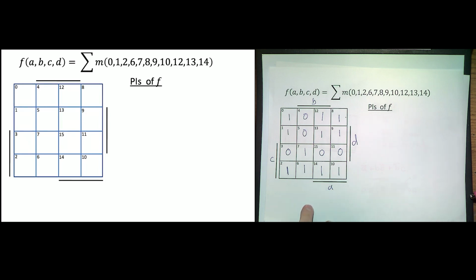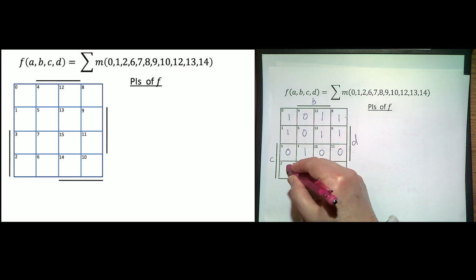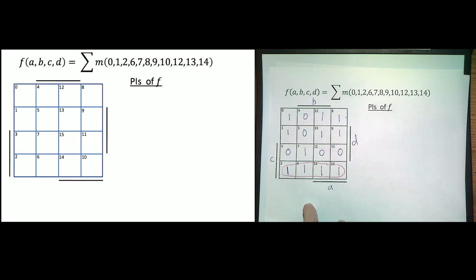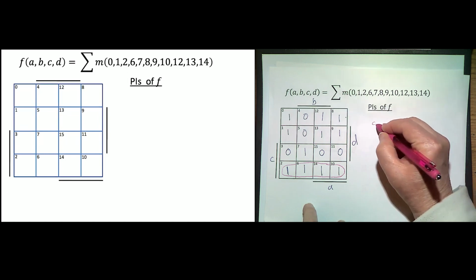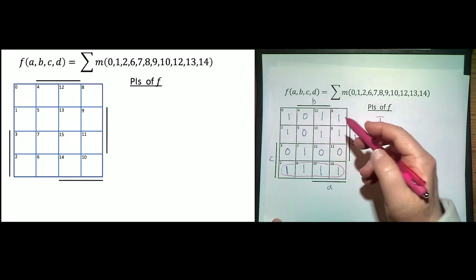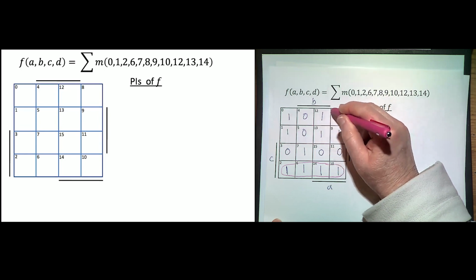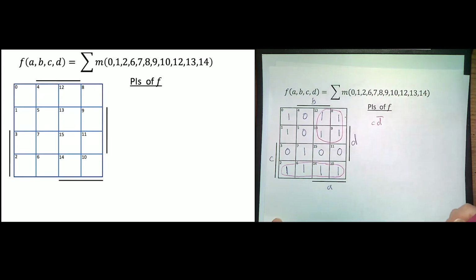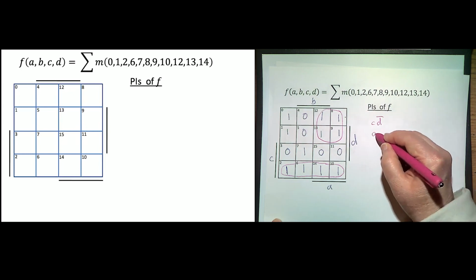Okay, so we have this 1 by 4 here, right? And that is C, D bar. 12, 8, 13, and 9. Which is A, C bar.